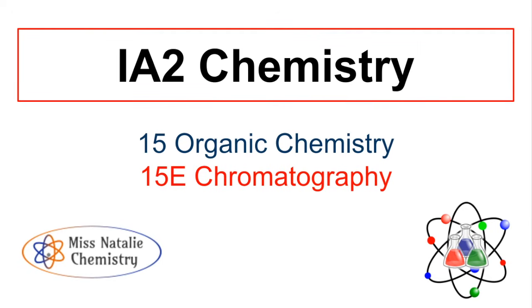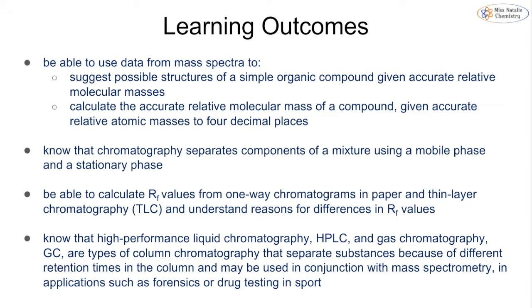In this video, we're going to be looking at the first part of topic 15E, which is chromatography, and this is part of the IA2 chemistry course from Edexcel. So we're going to be looking at not only chromatography, but also mass spectra and how we can use these two things together and get very accurate relative atomic masses,